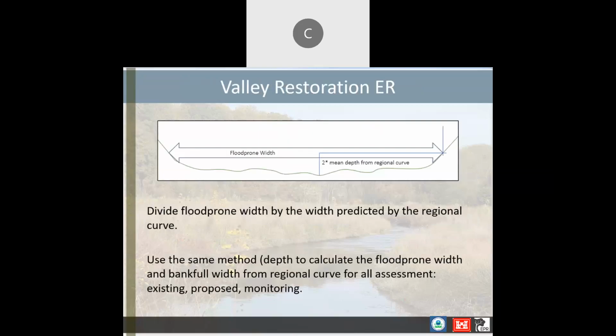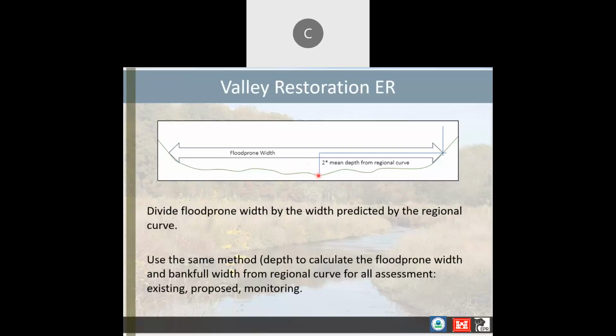Oh, I added a slide. If you are following along on the PDFs, this one did not make it into the PDFs, but I added it. This is a figure from the manual just to specifically address valley restoration. So in order to be a jurisdictional stream feature, you do have to have identifiable bed and banks. But where you might have multiple smaller channels throughout the floodplain, just so that we are still capturing